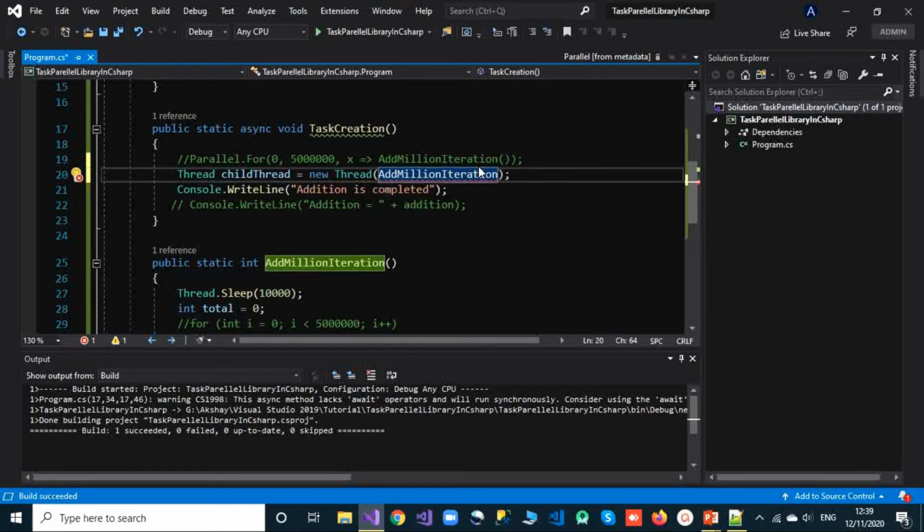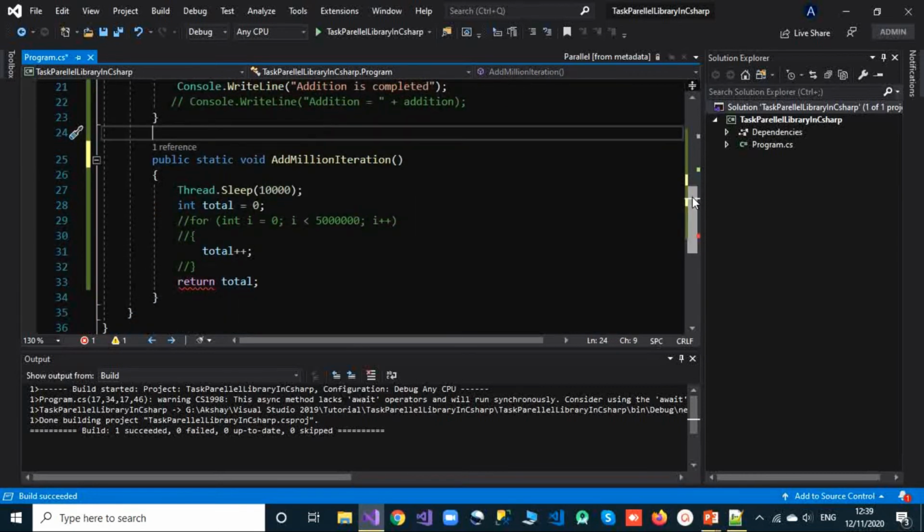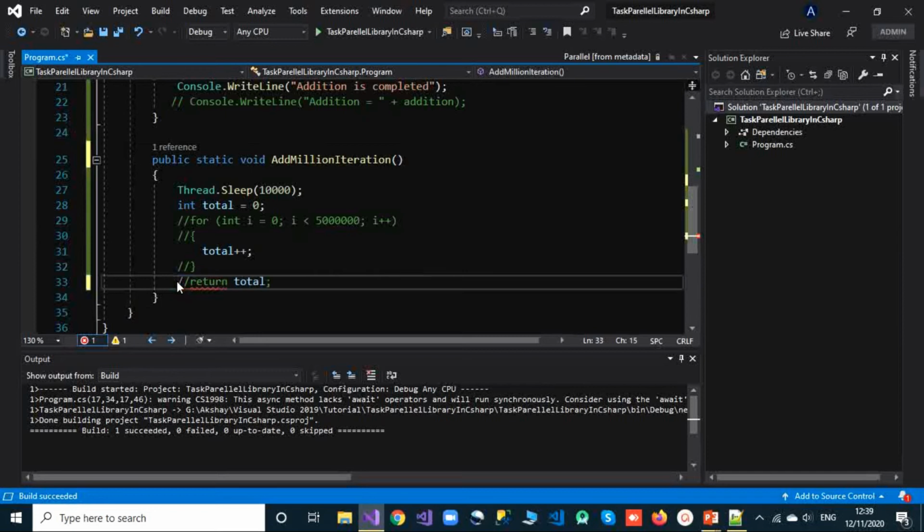And we know we cannot pass this method because it has a return type of integer, and we know this thread requires a void method. So let me make that void to just see the performance. Anyway we are not performing real-time operations here, so I will not show or return anything.